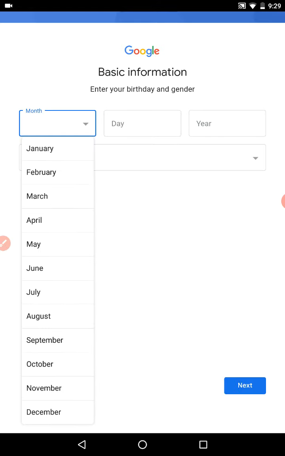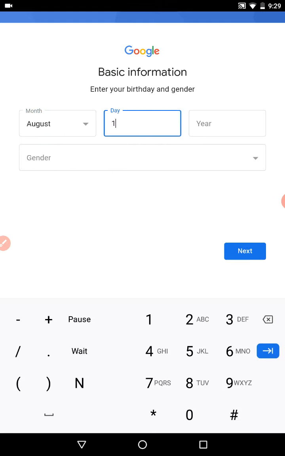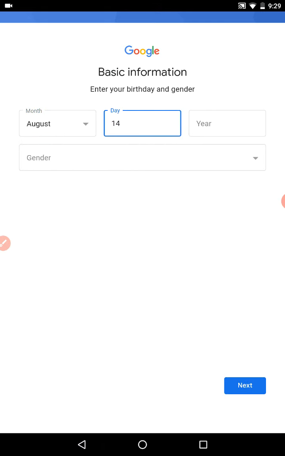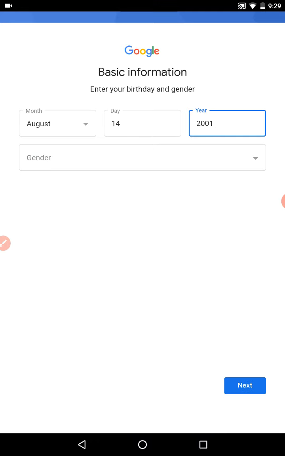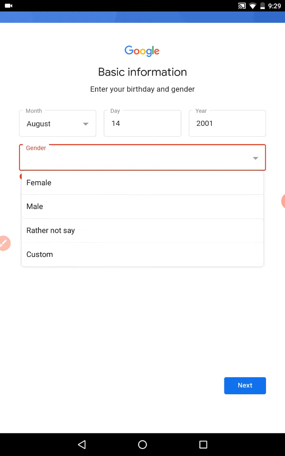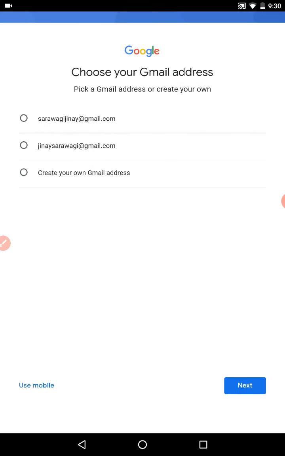So you can select a month here, like I'll just choose my month, day and year. Here you can take any year, like 2004, and just click on next. And you have to select your gender here also. So you can select one gender and click on the next button.